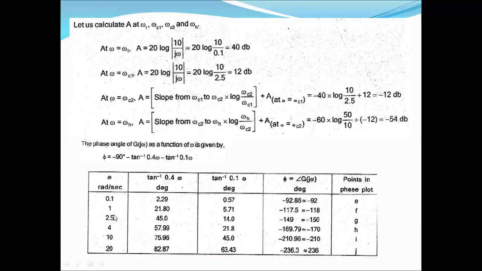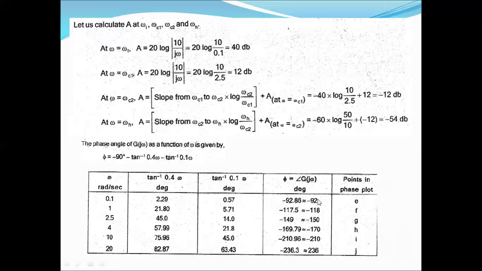Here, 2.5 is the first corner frequency, and for the previous value you can take one or two values, such as 1 or 0.1. And between 2.5 and 10, I have considered 4 as a frequency, and for the highest, 10, I took 20, or even 50, the corner frequency at which we have found the magnitude, and you can also find the phase angle at 50. So you can find the phase angle for about 5 to 6 points, mainly at corner frequencies. Find it for each term and substitute, and you will get the corresponding phase angle.